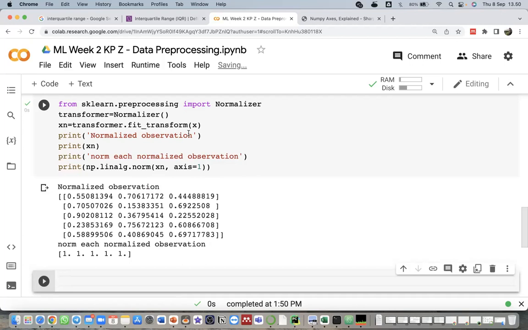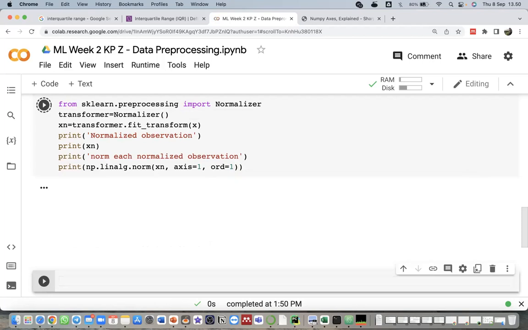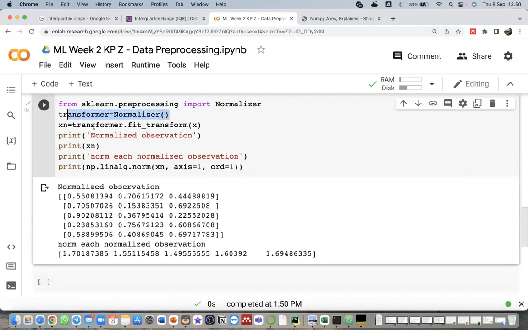So what if we only mention one of them, for example axis 1, comma, order 1, without saying the normalization? Let's see what will happen. It will not result in 1 values, because this one is the L2 normalization and this one is the L1 normalization.